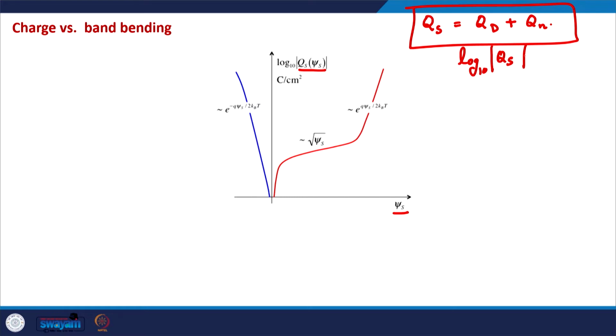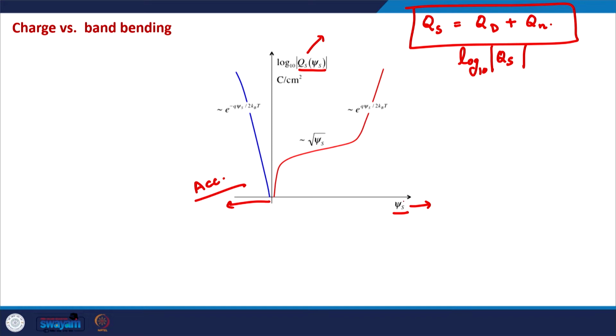Take a mod as well. We generally take a mod because this Qs is negative sometimes, but to try to understand how the semiconductor charge depends on the surface potential, we generally plot the log of mod of Qs versus psi s, and this region when psi s is negative is the accumulation region,